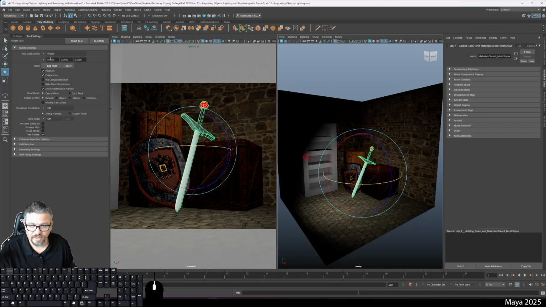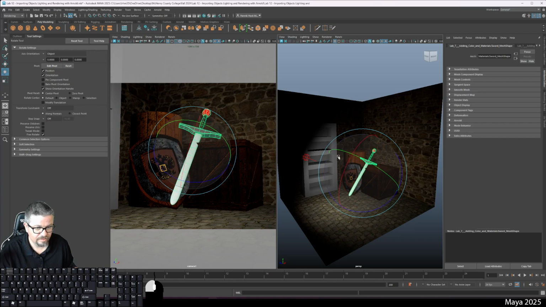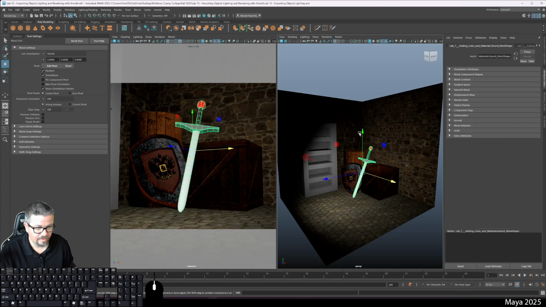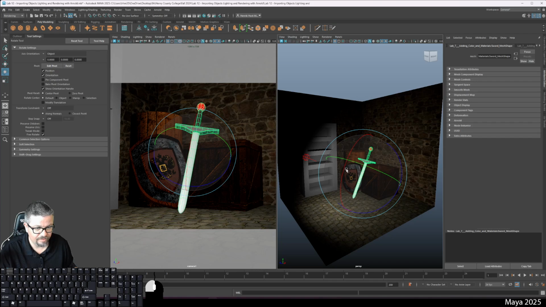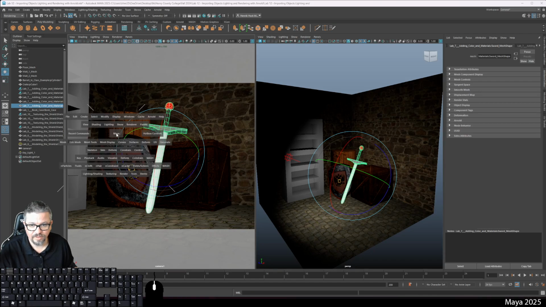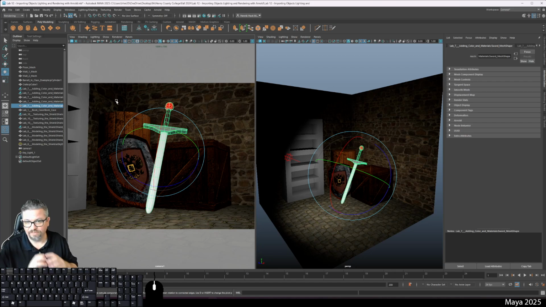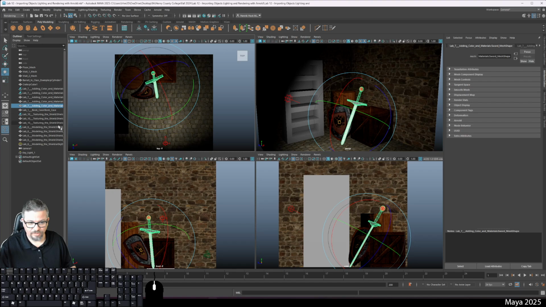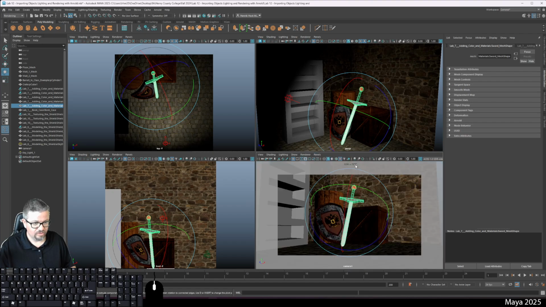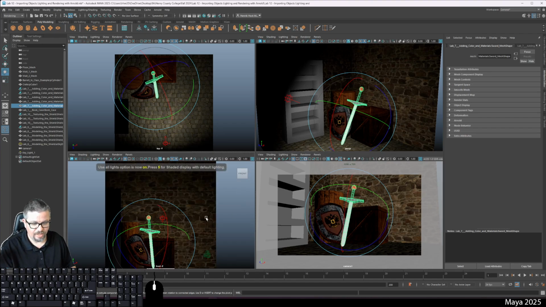And I'm going to go to my tool settings and switch it to object. And it'll look a lot better once I have everything sort of textured, right? But you'll notice here that I can't see the full image because it doesn't fit in that resolution gate, but it gives me a good idea of what it looks like. So it's just a little tip that I like to show everyone. So I'm going to go back to my 4 viewport here, but it's going to go back to default. So if I wanted to switch it back to camera 1, which I'm going to do, you'll see I've got it right there. So anyway,